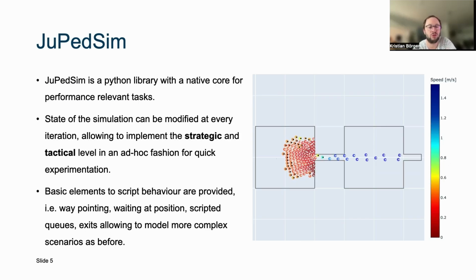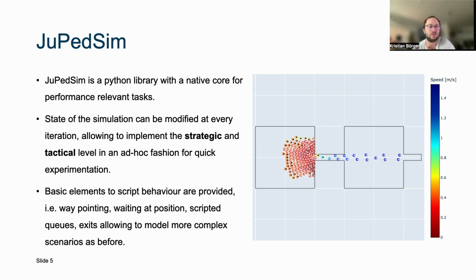Which brings me to the first tool I want to introduce to you, which is JuPedSim. This is a Python library for pedestrian dynamic simulations with a native core for performance-relevant tasks. It was developed at the modeling division of pedestrian dynamics at the Jülich Research Center. And the benefit of this one is that we have an open source tool. We have an open source Python API where we can change the state of the simulation at every iteration, every time step, allowing to implement on a strategic and tactical level